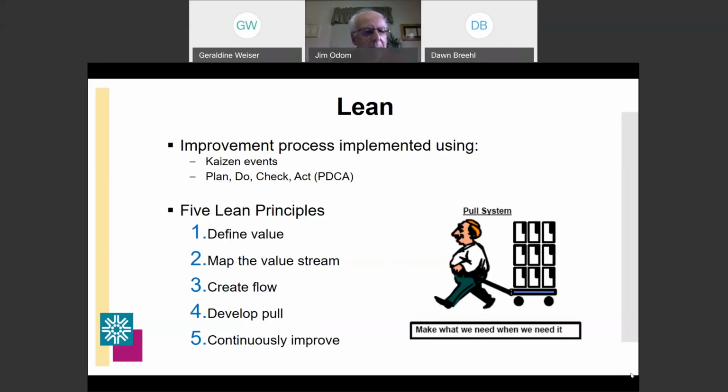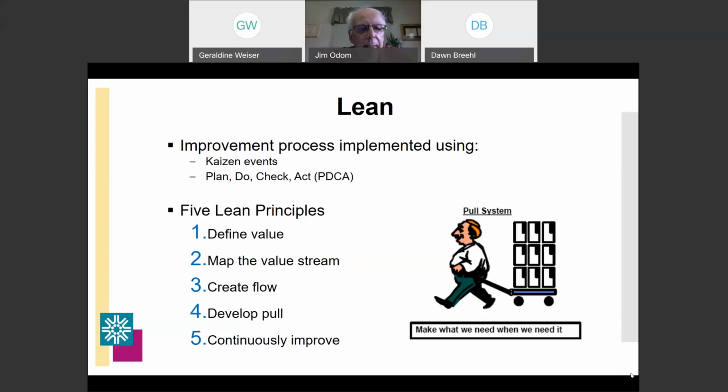Okay, within the lean process, there are 5 principles, and it doesn't matter who you read. There were some fellows that came out early. Jim Womack was one of them, and he talked about these 5 lean principles. The first one is defining value. Value is defined as basically what your customer is willing to pay for. And really what we want to provide to those customers are the value added activities.